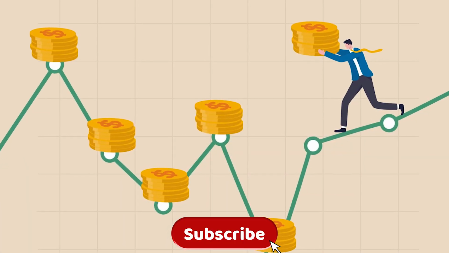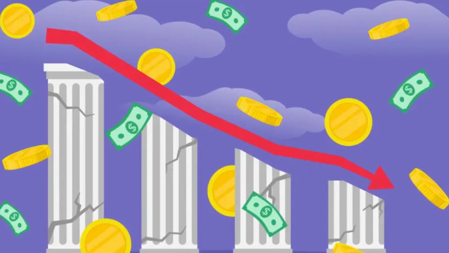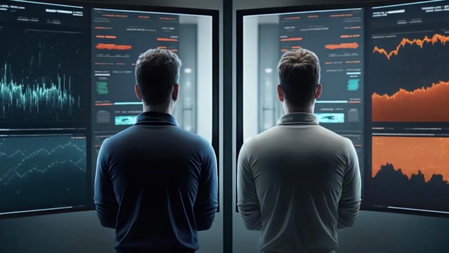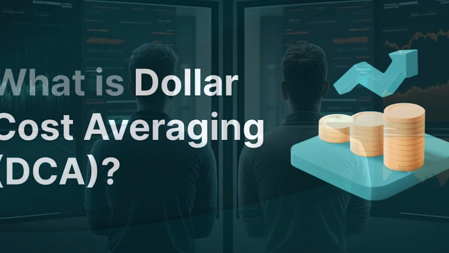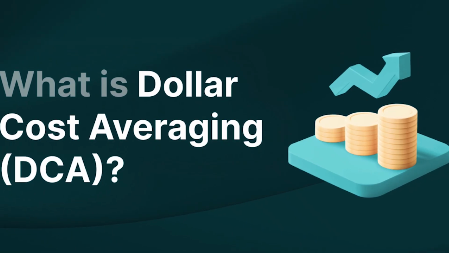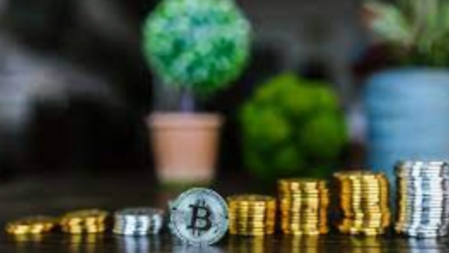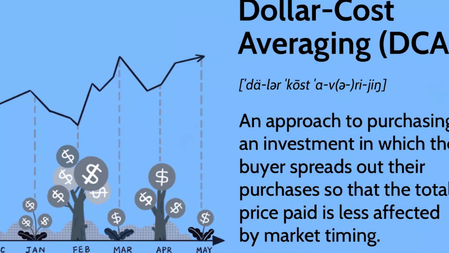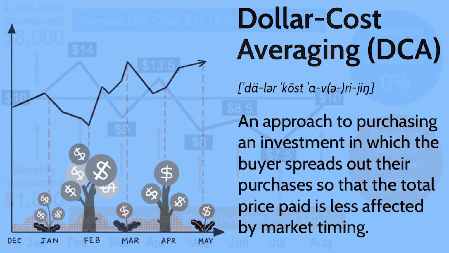Step 5 is to track your purchases. Keep a simple record of the date, the amount you invested, the price per coin at the time, and the amount of crypto you received. Over time, you'll be able to see your average cost per coin. This number is useful because it tells you how much you've paid, on average, for each unit of your investment. It's a key metric for deciding when you might want to sell or take profits in the future.